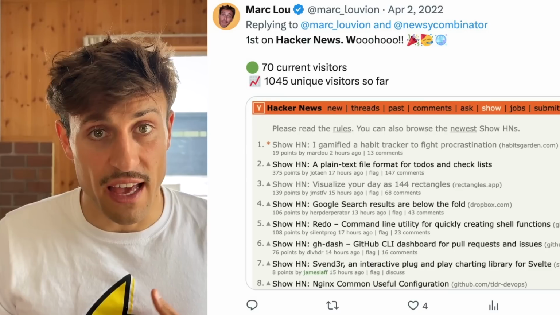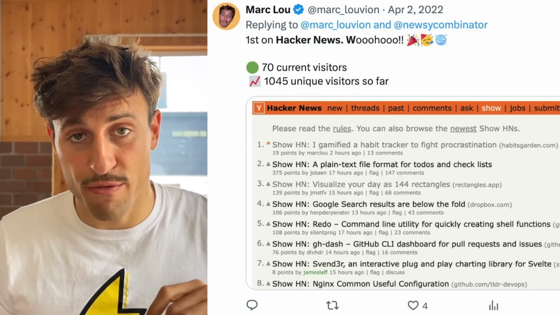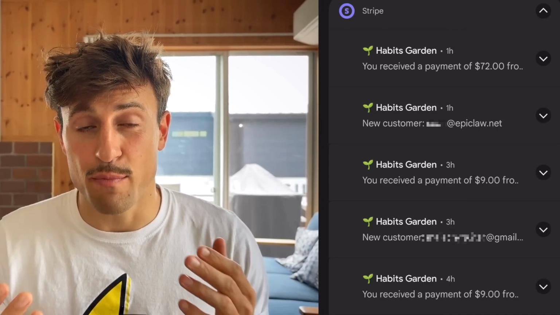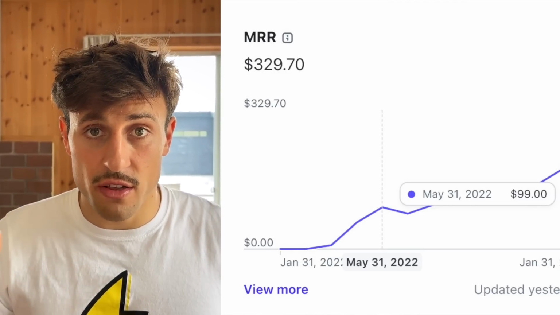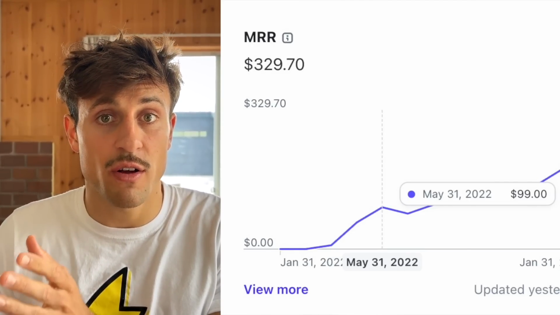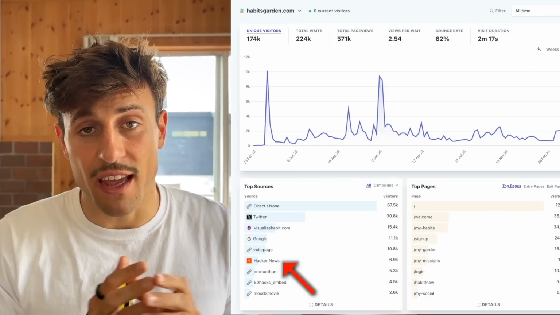A few months later, I replicated the exact same formula for my habit tracker called Habit Garden, and the post went viral again, hitting the front page of Hacker News. And this time the app was monetized, so I made a couple $100 and also reached 100 MRR within just a few days. And I keep replicating the same formula over and over for the past 2.5 years, and even though not every post will go viral, it usually brings good traffic and customers for my own project, and I'm gonna share exactly what I learned.